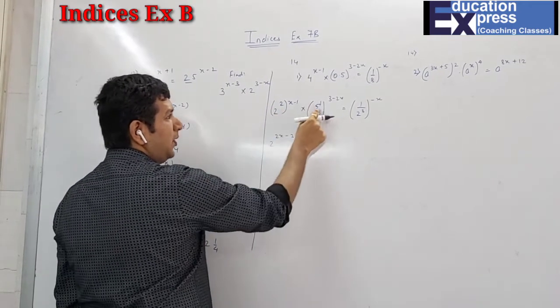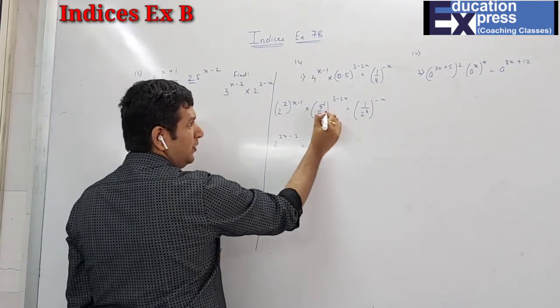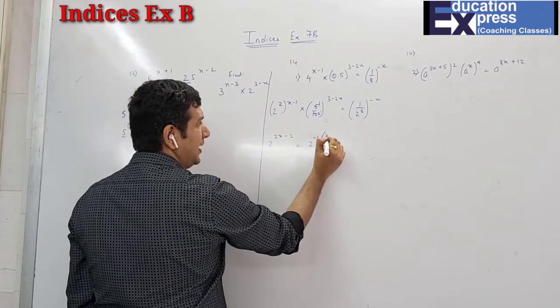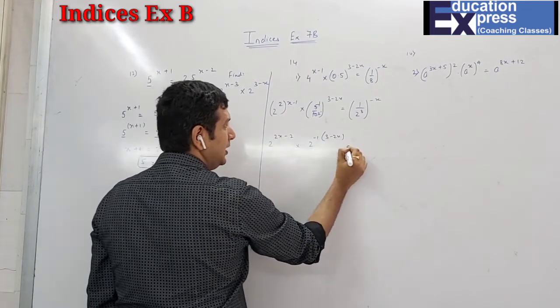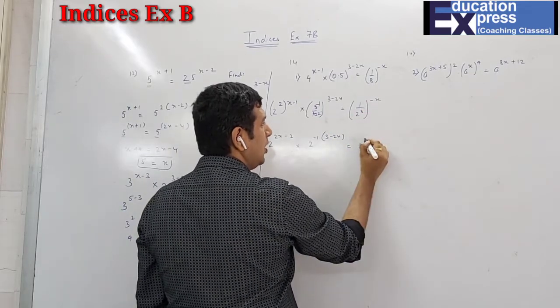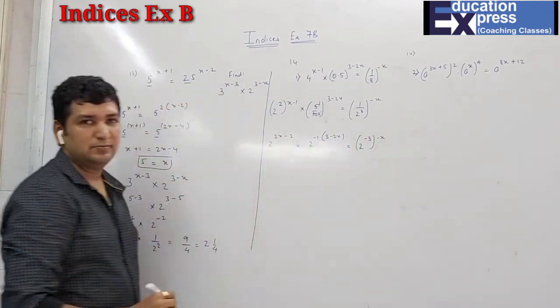Now it's 1 upon 2. I want 2 as the base, so I have to definitely take the reciprocal. There is nothing over here, just 1. So it will go up. It will become 2 raised to minus 1. And outside the bracket is 3 minus 2x equals to. Again, I want 2 only, students, over here. So when this will go up, it will become what? Minus 3, minus x.